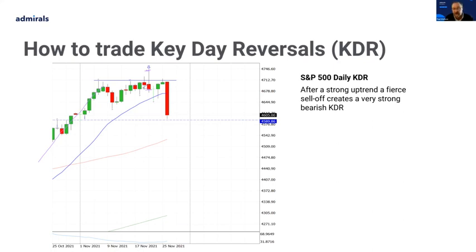Doesn't have to be by any amount, it could be by 1 pip, 1 tick, etc. Okay, the important thing is it is closed beneath the low of the previous candle. Now, what also pleases me with that is that candle there. It's a key day reversal. It's also the pin bar, isn't it? Also an engulfing candle. It's also a false breakout as well. So once again, we've got a confluence of events.